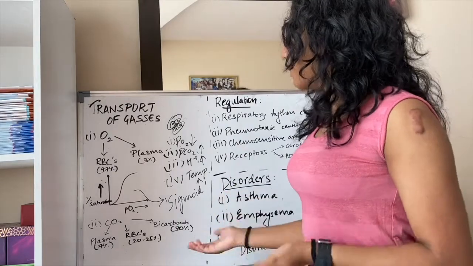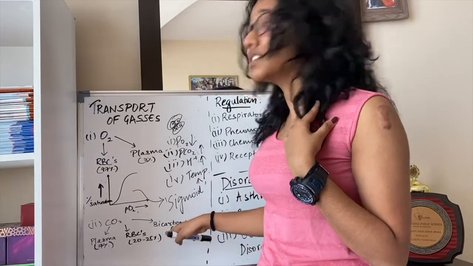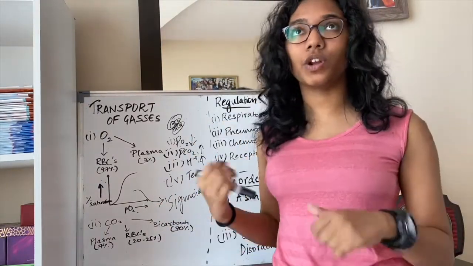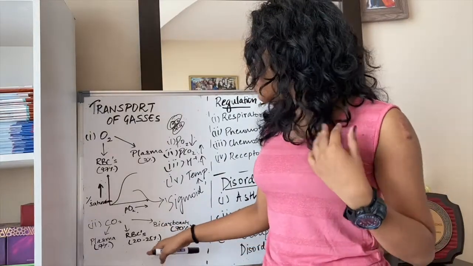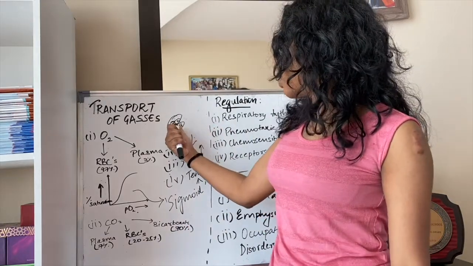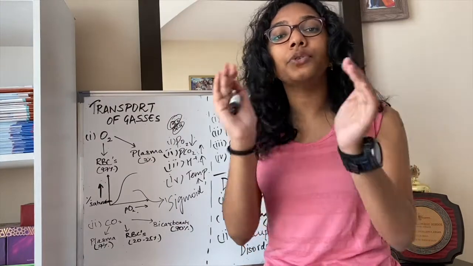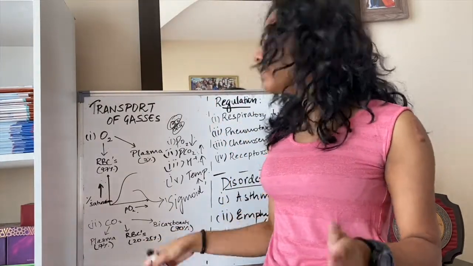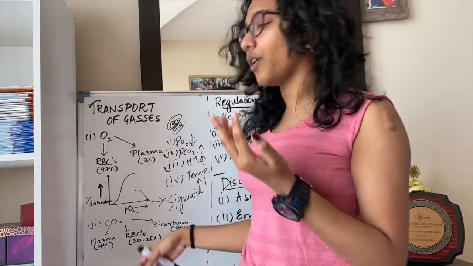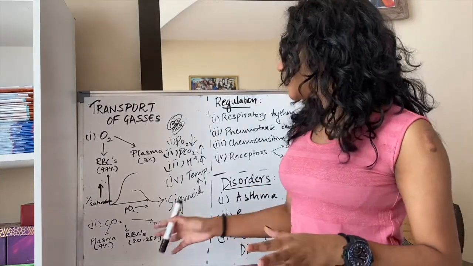Now let's move to carbon dioxide. Carbon dioxide, 70% is transported by bicarbonate ions. I'll be explaining what they are later. And 20 to 25% is transported as carbaminohemoglobin. Just like oxygen forms oxyhemoglobin, carbon dioxide forms carbaminohemoglobin, but only 20 to 25% of it is transported in that form. And the rest is transported in dissolved form in plasma. That's about 7%, just like oxygen. The only thing different here is the formation of bicarbonate ions. Let's first discuss